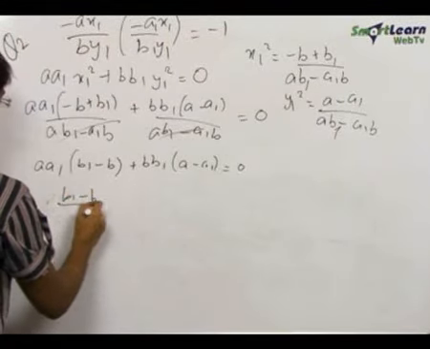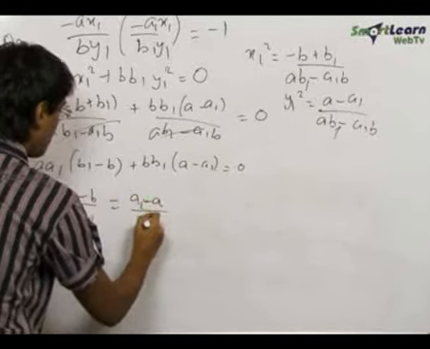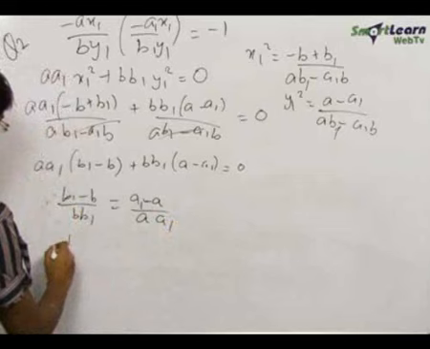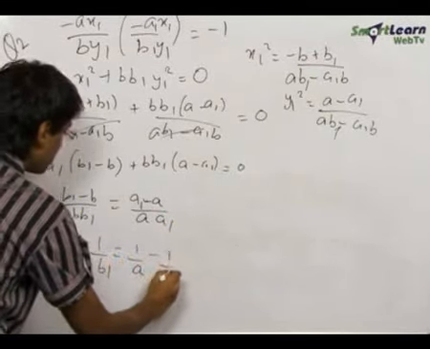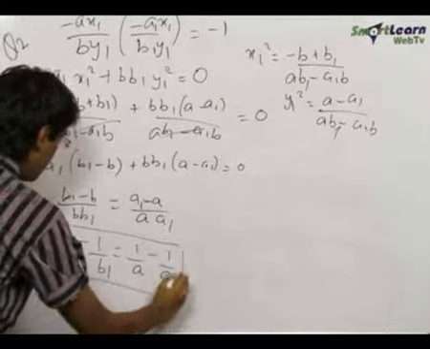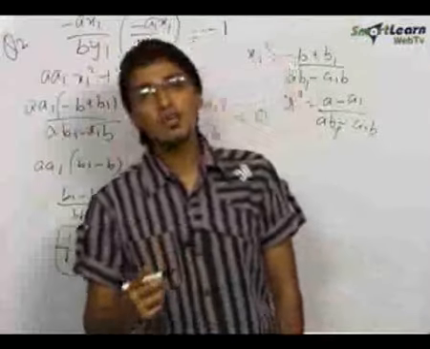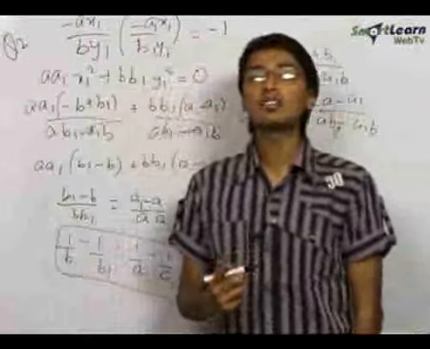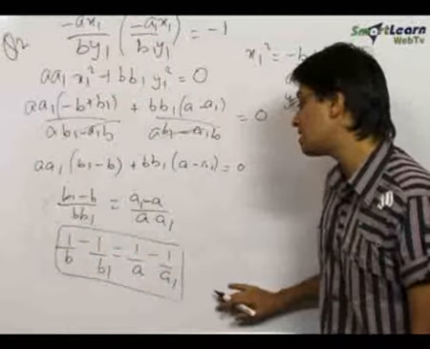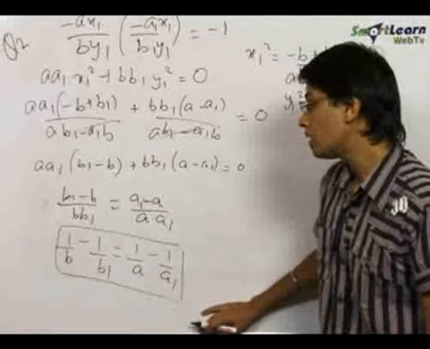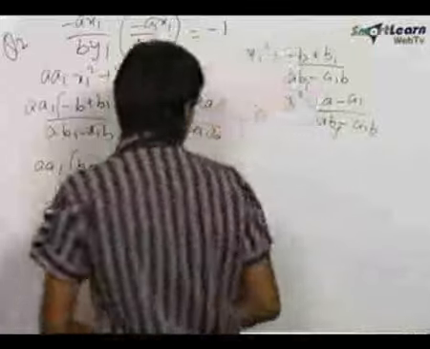So (b1 - b) upon b1 is equal to (a1 - a) upon a1. This becomes 1/b - 1/b1 is equal to 1/a - 1/a1. And hence the condition, if the two curves ax² + by² = 1 and a1x² + b1y² = 1 cut orthogonally, is 1/a - 1/a1 equal to 1/b - 1/b1. This we have proved, and using this relation, we need to prove that